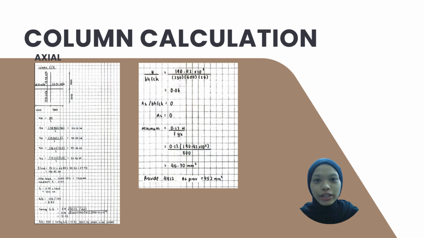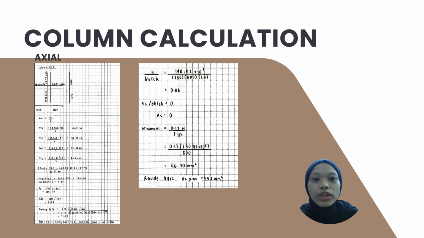Next is axial column calculation. An axial column is a straight column that carries weight from the top directly down through its center. For example, this C/4 column. First, we need to calculate the VED for each beam using formula WL over 2. Then, we got the VED for each beam, which are 65.21, 44.85, and 30.90. We total up the VED and finally we got